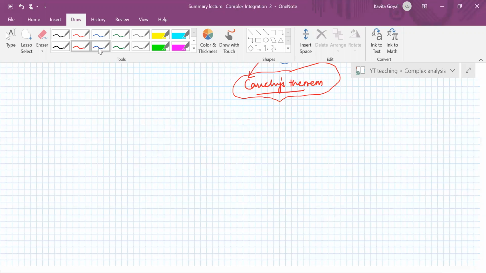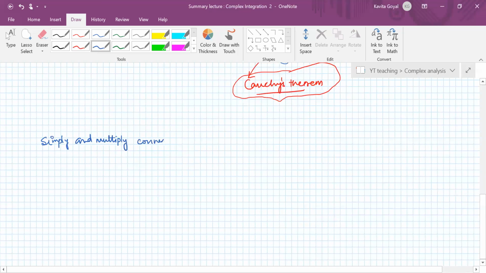We'll be starting with some definitions which are required. So the first definition is simply and multiply connected regions. So a simply connected region is the one, suppose you have a region in the xy plane or complex plane. If inside a region you have a simple closed curve, if you have any simple closed curve,